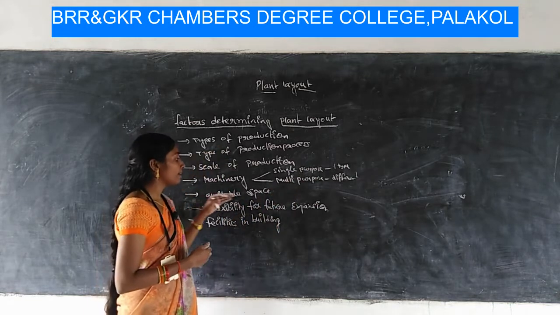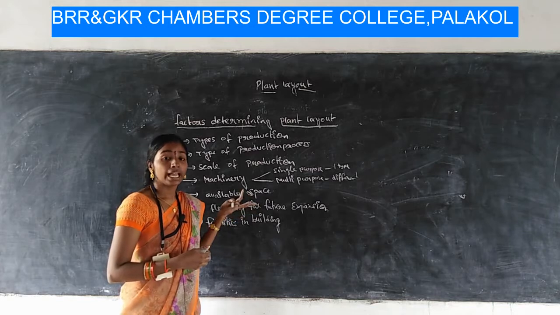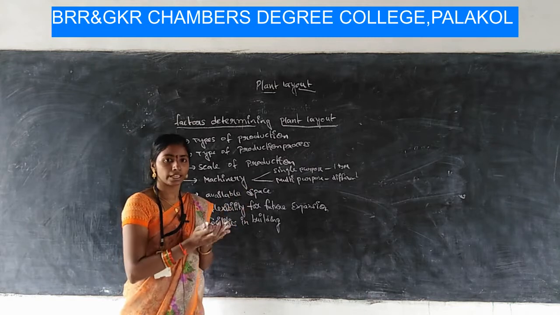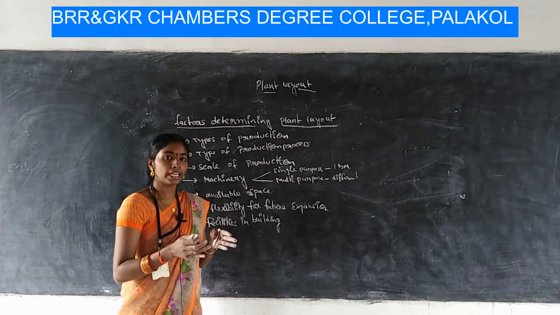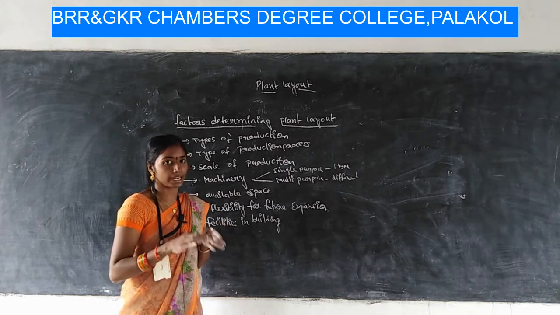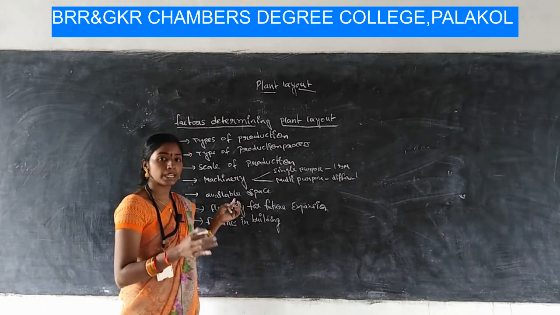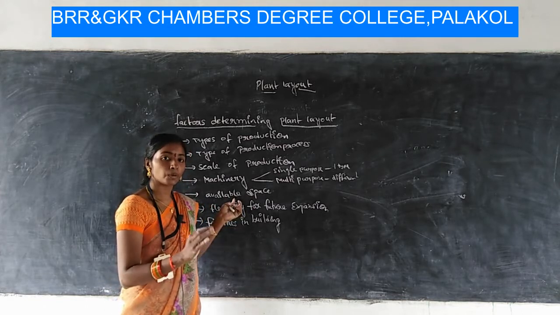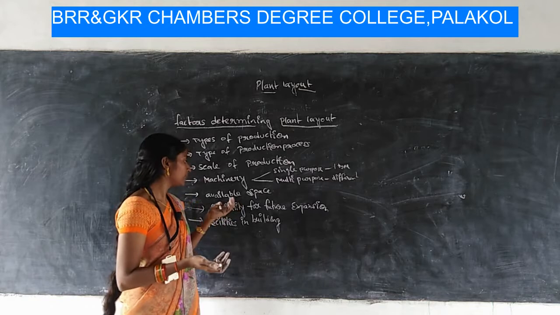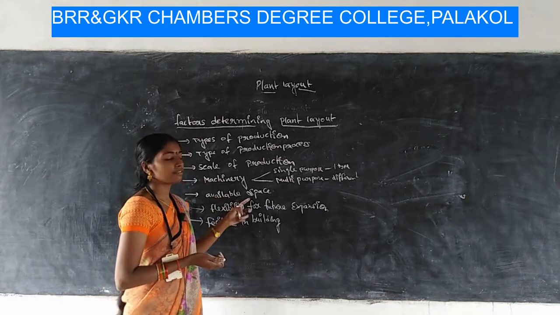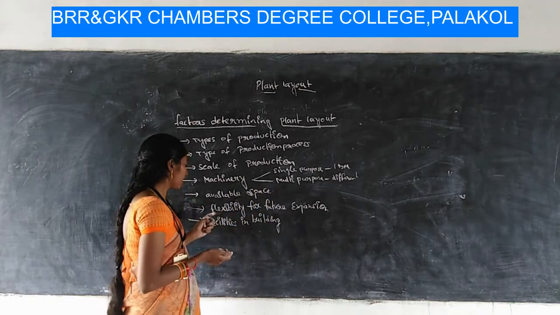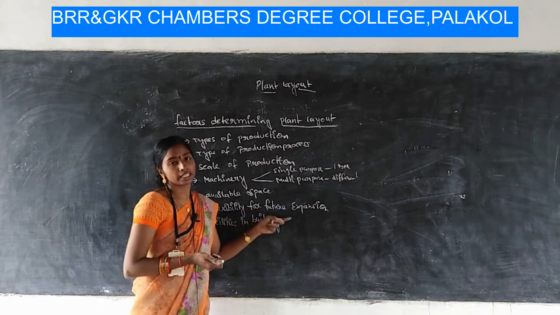Okay, and next one, availability of space. The availability of space is very important because factory building consists of factory layout, but plant layout is that part which consists of production and service departments relating to the plant, right? So the availability of this space will determine whether we follow product layout, process layout, or combined layout. So it may differ. Availability of space is one of the important factors to design the plant layout for the organization.